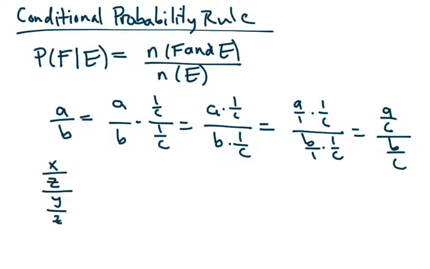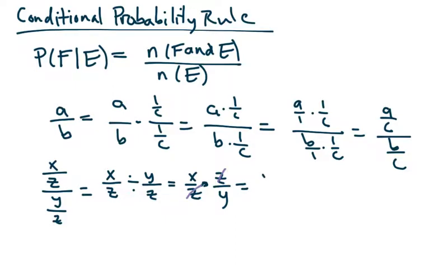Alternatively, if I start with x over z over y over z, two fractions in the top and the bottom that have the same denominator, we experience dividing with fractions as multiplying by the reciprocal of the denominator, right? The reciprocal of the divisor. So what we would do to simplify that compound fraction is that instead of dividing, we would multiply, right? At which point you see that the z's are common factors from top to bottom, and this just becomes x over y. So here's both directions of this